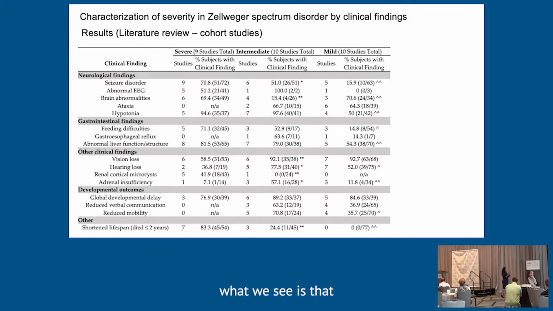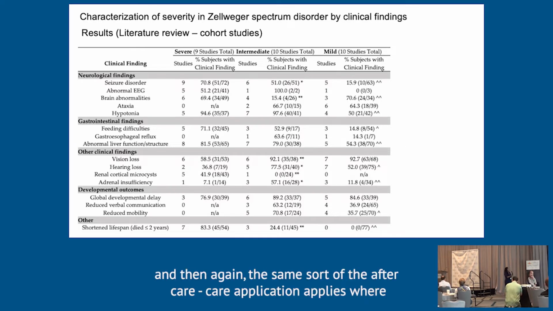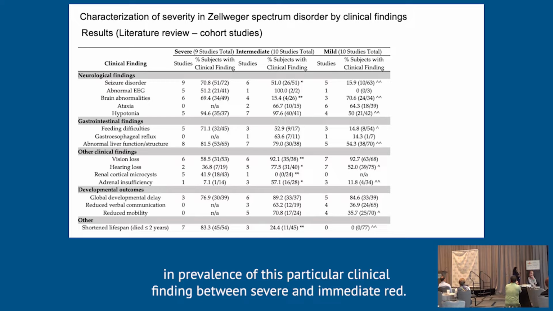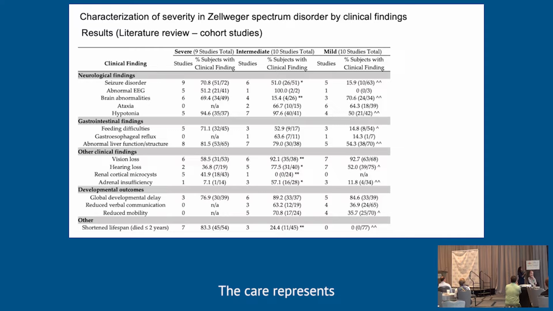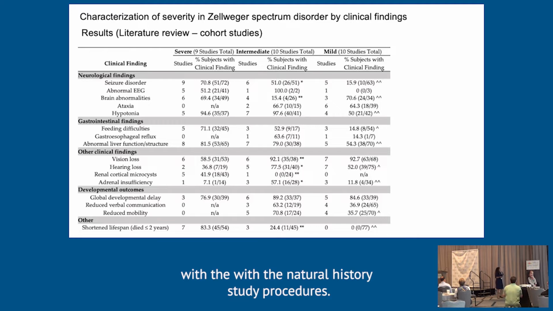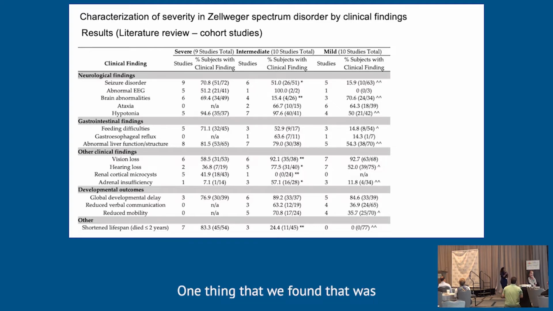And then again, the same sort of asterisk and application applies, where the asterisk shows a significant difference in prevalence of this particular clinical finding between severe and intermediate, where the caret represents significant differences between the mild and the intermediate. And we saw a lot of similarities with the natural history study across seizures. One thing that we found that was